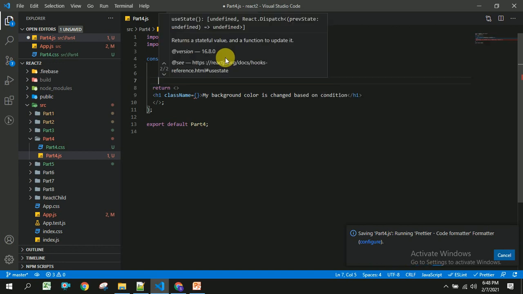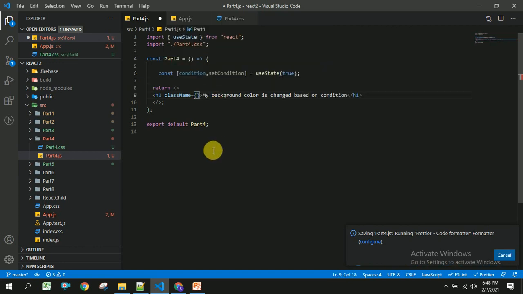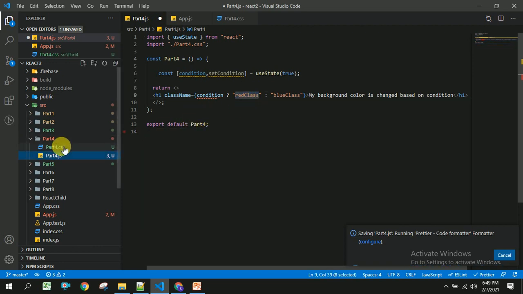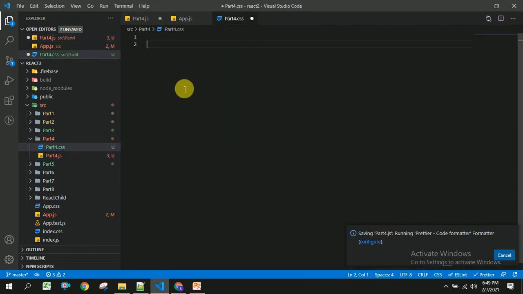And next I am going to create two styles. If the condition is true, I am going to use the red class. This is the class name I am going to create in the CSS file. And if the condition is false, I am going to render the blue class. So first we are going to create these classes in the CSS file.